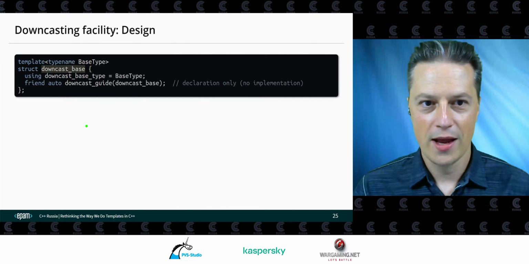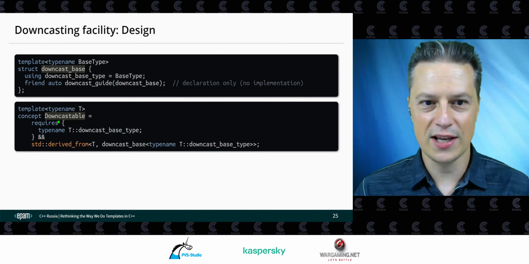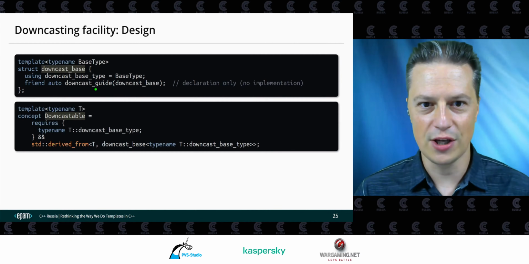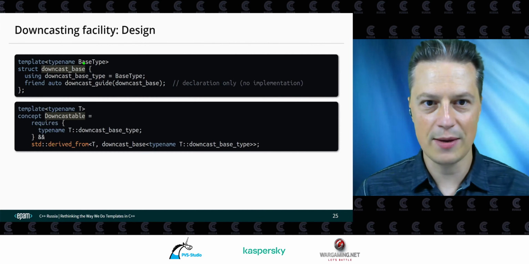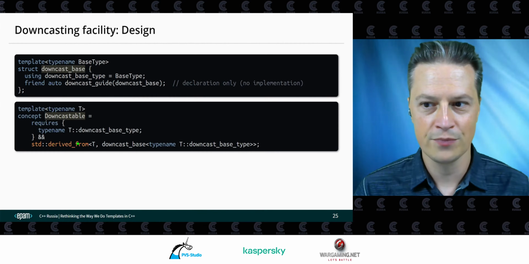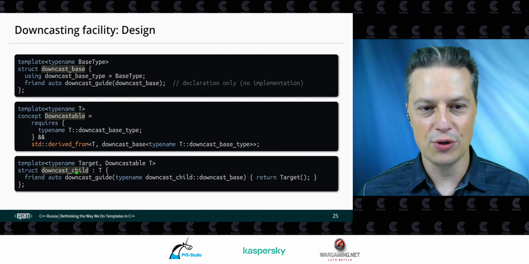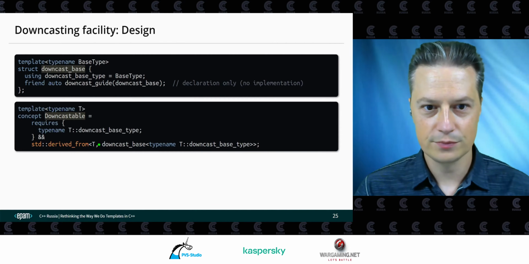But then we introduce downcastable as a concept that says that type T is downcastable if it has this downcast base type provided here, and basically type T is derived from downcast base of this base type. So we have to derive from downcast base of base type in order to be downcastable. And then downcast child, the type introduced here,